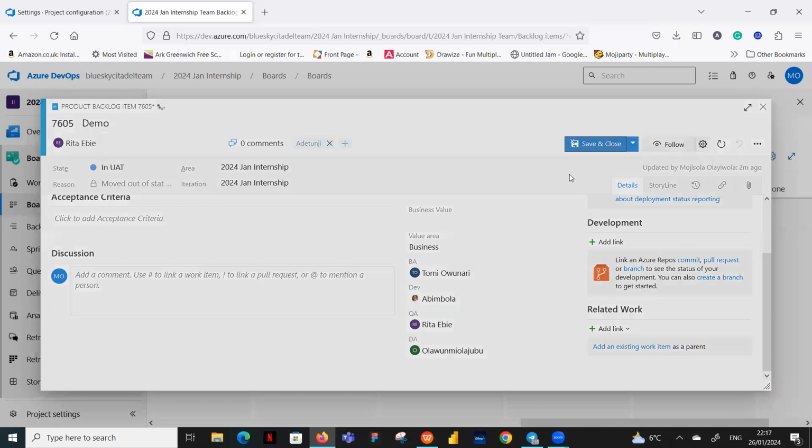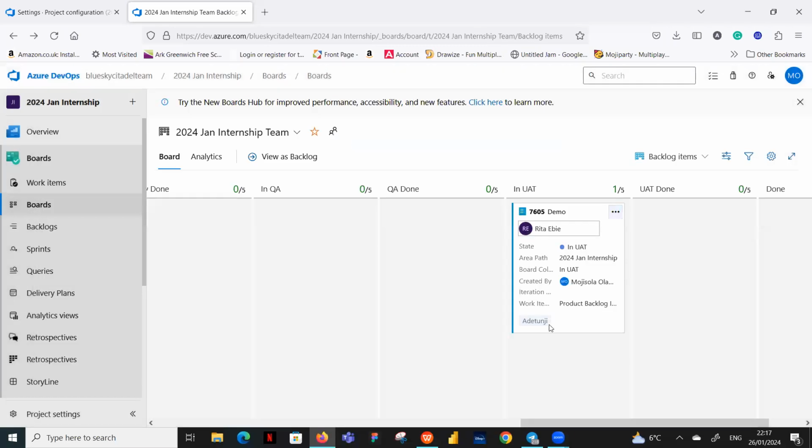And then you save and close, and you can see Adetunji's name there. So even though Rita's name is inside, this is telling you that Adetunji also worked on this. It wasn't just Rita alone that worked on it. Adetunji also worked on it. Okay. And then after that, like I said, it goes into